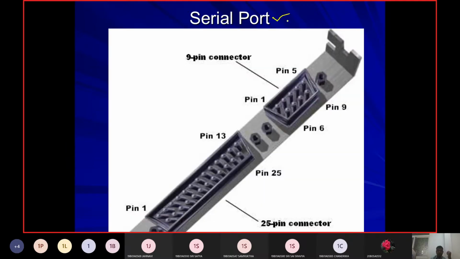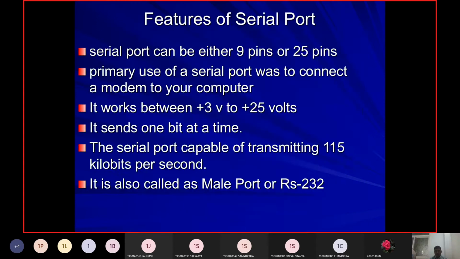Similarly, we do have another port, the serial port, where serial communication can be performed here. So you can connect to the internet via a modem. So this was the main intention of using a serial port.